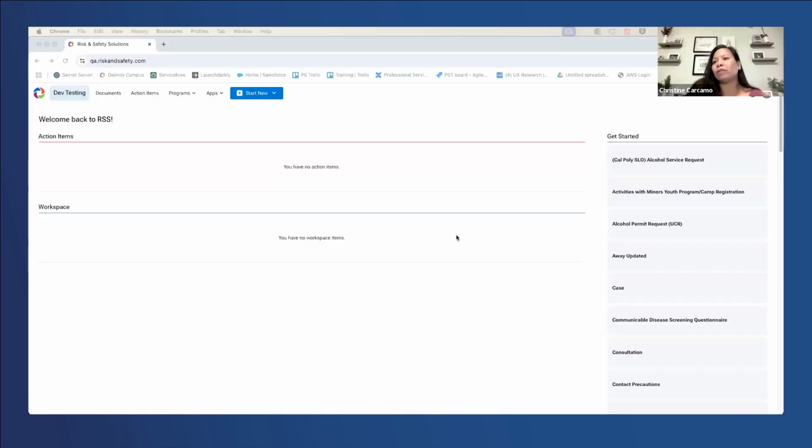So part of this is we'll walk through the pieces of the form that's been made available by Risk and Safety Solutions and give you some examples about how to fully utilize the tool. The hazard identification and evaluation form is now scoped to only program admins. So program admins would be able to see the form, initiate it, and then also go through the process of assigning an investigator to correct any hazards.